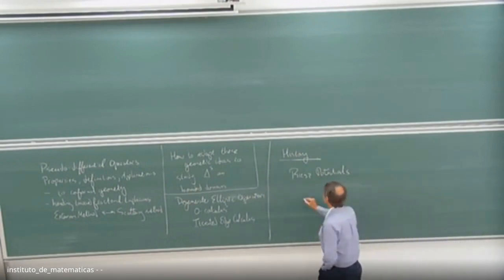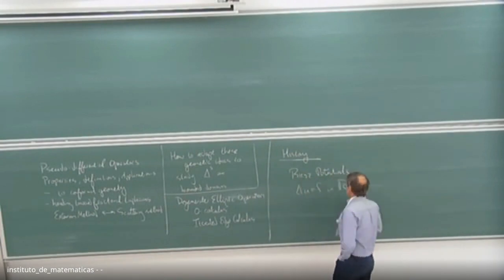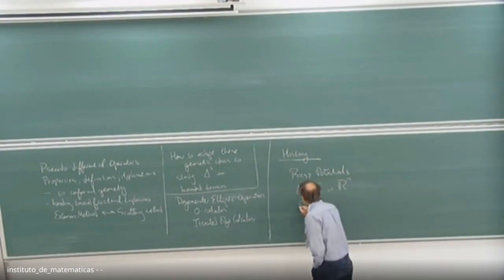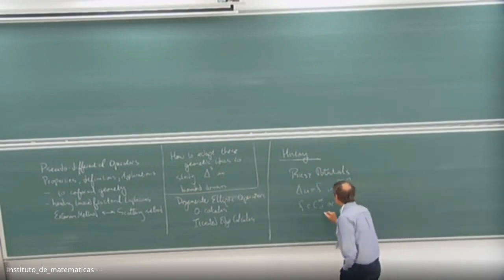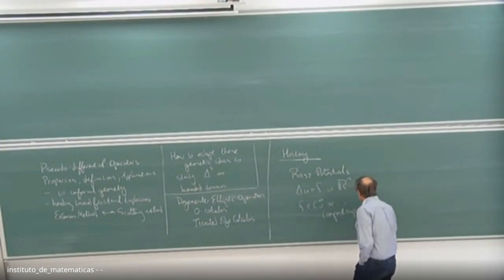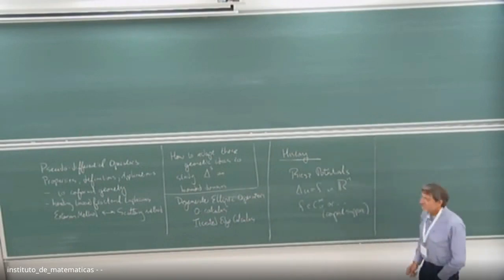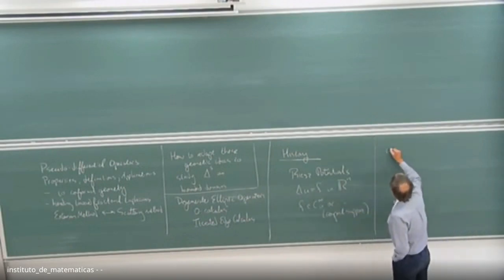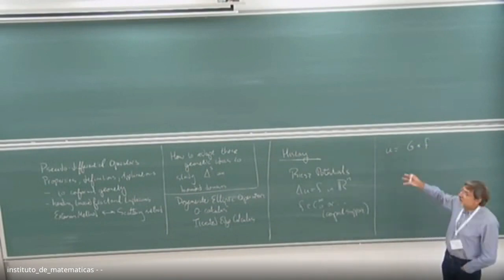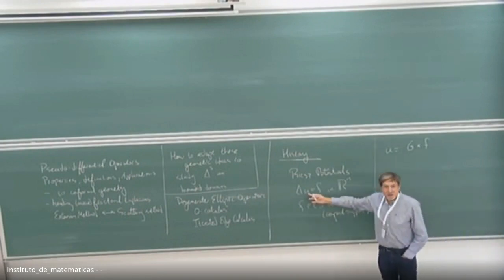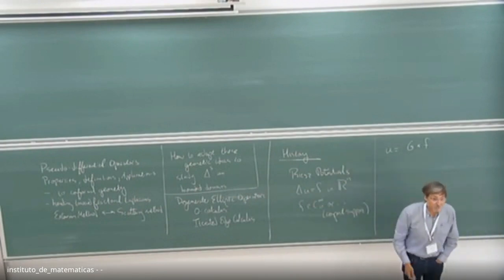So a Riesz potential, well, if you're solving Laplacian u equals f in R^n, and for simplicity, let's think of f being very reasonable. It can be C infinity with compact support, or it could be in some L^p class or Hölder class. But let's suppose it has compact support, just to make life very simple. Then we know that the solution is given by the Newtonian potential, u equals G star f, up to a harmonic function. So the general solution looks like this one plus a harmonic function.